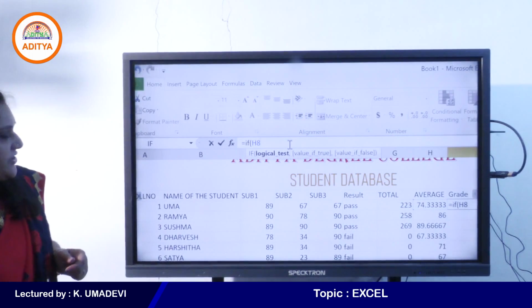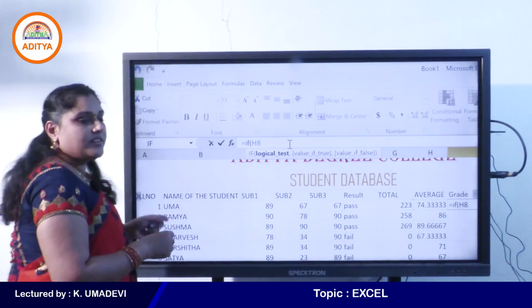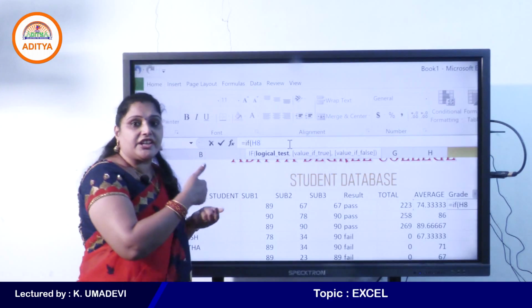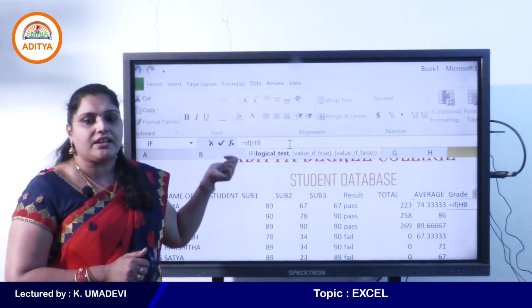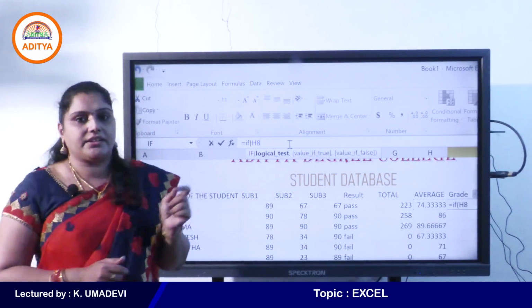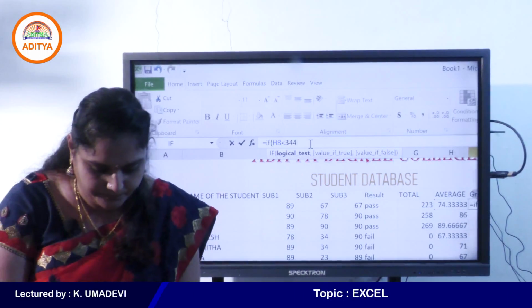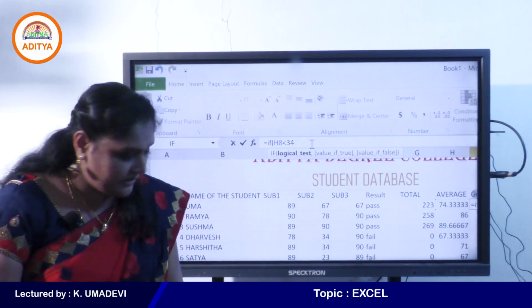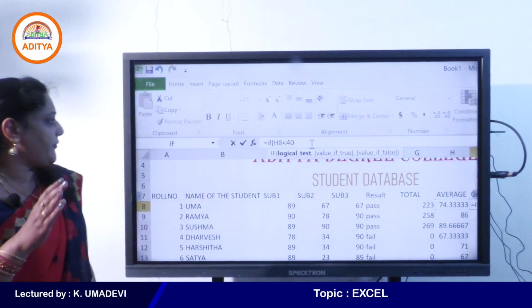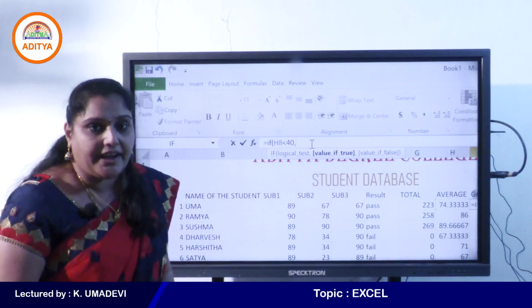So now enter H8. So when you select that cell, see the cell reference is automatically included as argument inside the function. H8, if H8 less than 40, for example, then the grade would be